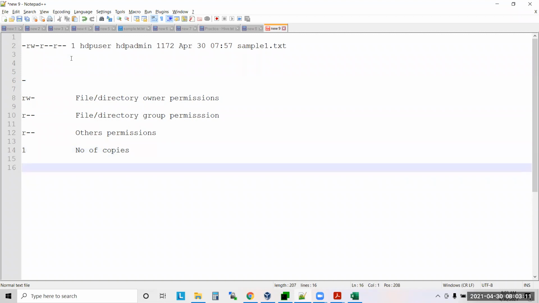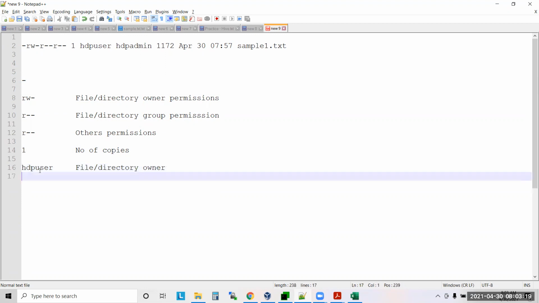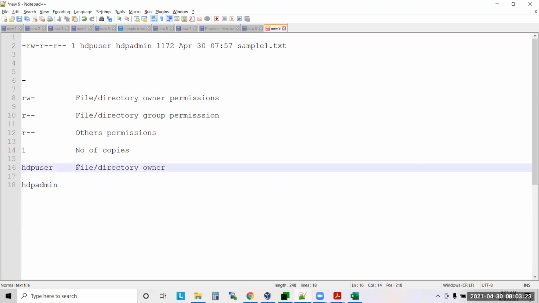Then what is the HDP user here? The file or directory owner. Then the file or directory group.